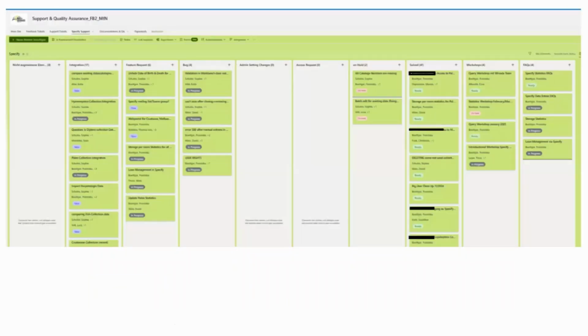Here you can see the Specify support board, where the tickets or requests you create are logged and processed by our Specify team. Thanks to the tagging options, tickets can be shared with relevant stakeholders, and any update to a ticket automatically notifies all involved parties, ensuring everyone stays up to date. Each ticket also serves as a case documentation that can be referred to later if needed. From integration requests and bug reports to inquiries about workshops or access to Specify itself, everything is managed and monitored